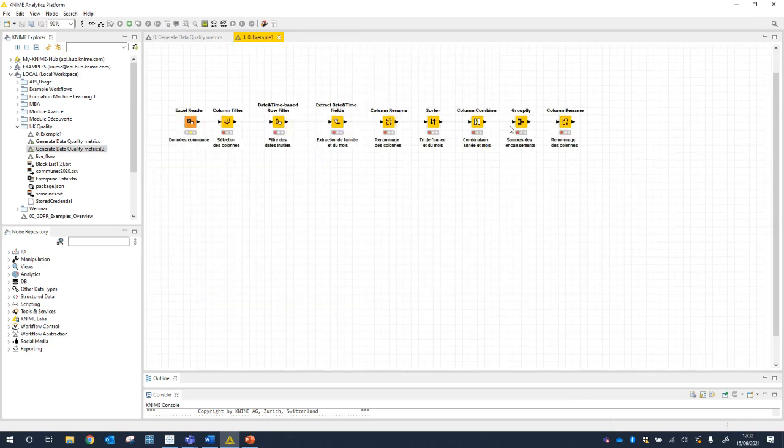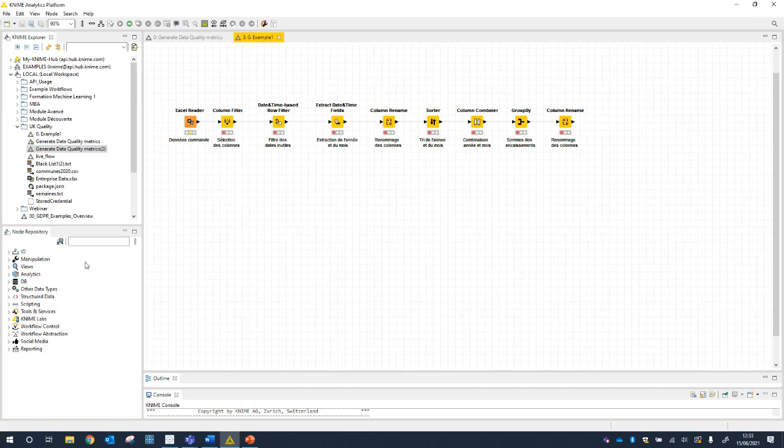Okay. Then, about the KNIME Explorer, this can be a repository server or simply a folder on your computer. And now at the bottom, you've got the node repository, which is basically your toolbox. You're going to look for nodes in it, and you're going to take the nodes and drag and drop them onto the